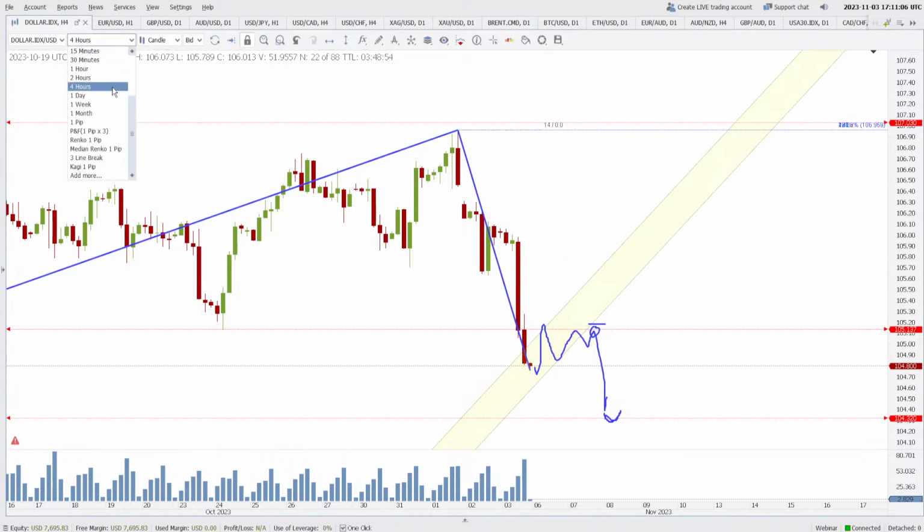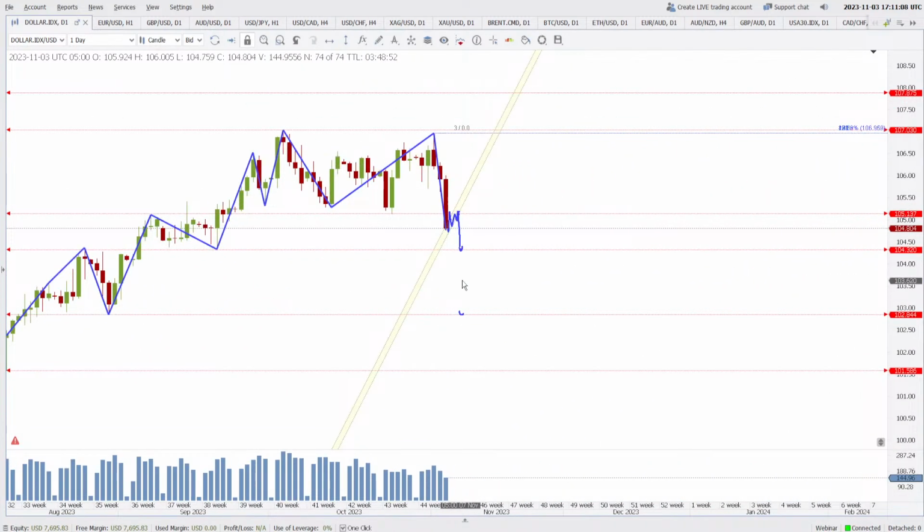Of course, now we have the daily and the bias is bearish now. There's no doubt about it, because now the market has started making lower highs, lower lows, lower highs, lower lows, lower highs, lower lows. So this is a downtrending market for the dollar. So we can buy euro, pound, Australian dollar, everything against it. All right. But right now, the support may be seen at around 104.32. There is an expected resistance at 105.13, and there is a confirmed resistance at 107.03. All right, guys.